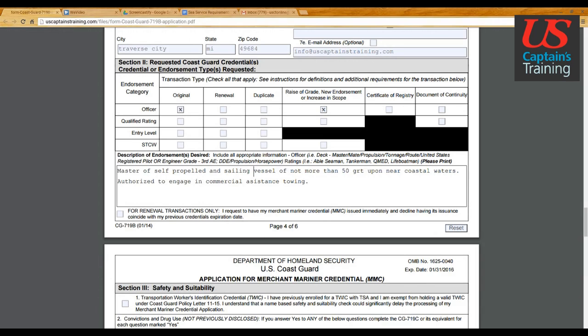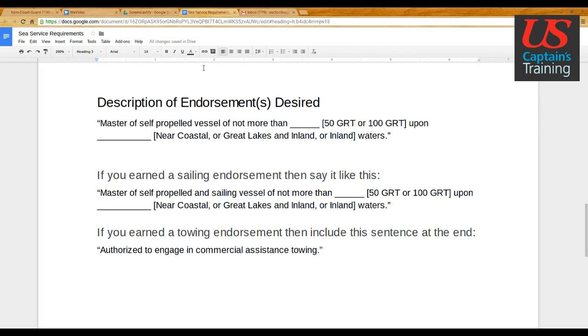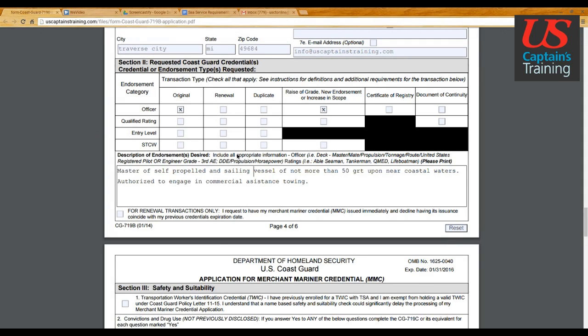And if you're having trouble with this, you can call U.S. Captain's Training, or you can use these words here to help yourself out, in combination with the sea service requirements. I can't go into those here because this video would just take on a mind of its own, and we have to stay focused. So here we are, officer original. And then if you have sailing or towing, you'd also click this one. And then use the words from that document I just showed you and put them here in this last box